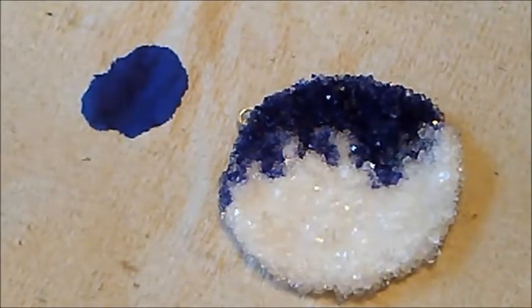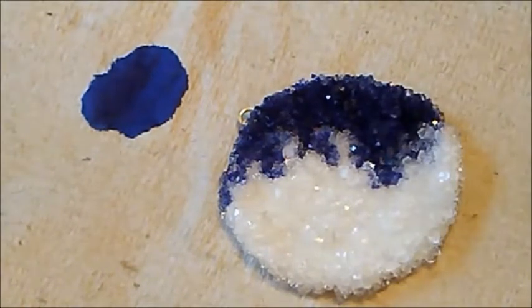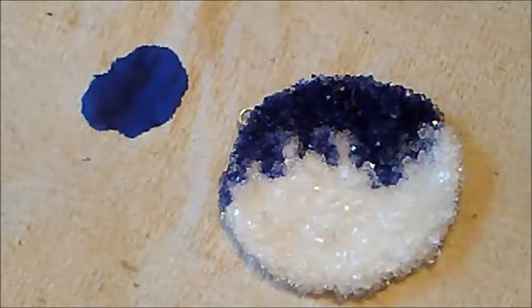Okay, the phone rang, so I had to go answer that. And it looks like while I was gone, it spread a little bit more. So let's go ahead and get the next color down. I think I'm going to put pink because I want to keep... Well, I don't know. The blue...